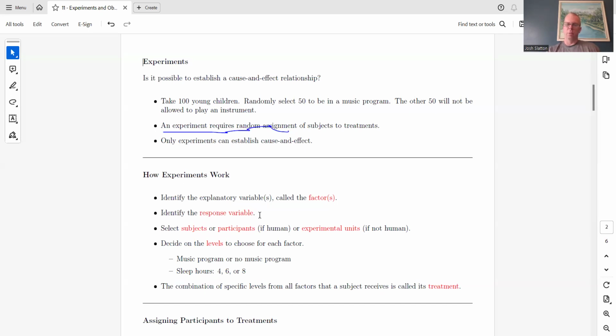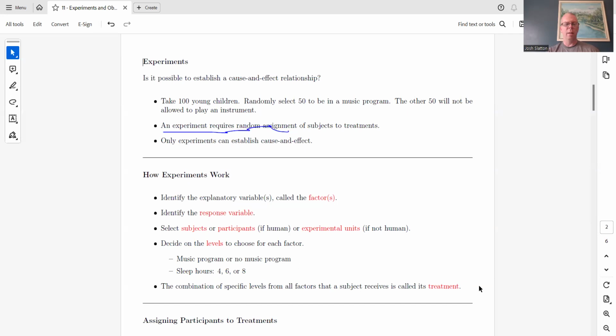The other variable is called the response variable. That's what we called it in chapter 6 with the scatter plot, and we're still going to call it the response variable. So we're going to use the explanatory variables, or the factors, to make a determination or a prediction on the response, or see if there's a correlation there, and then possibly see if one is causing the other.